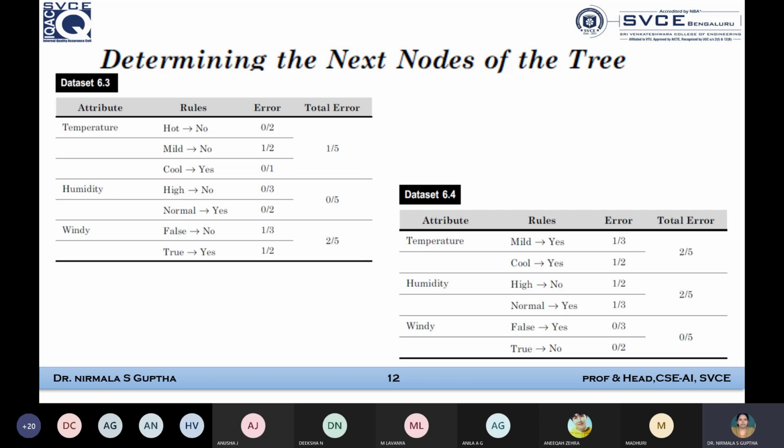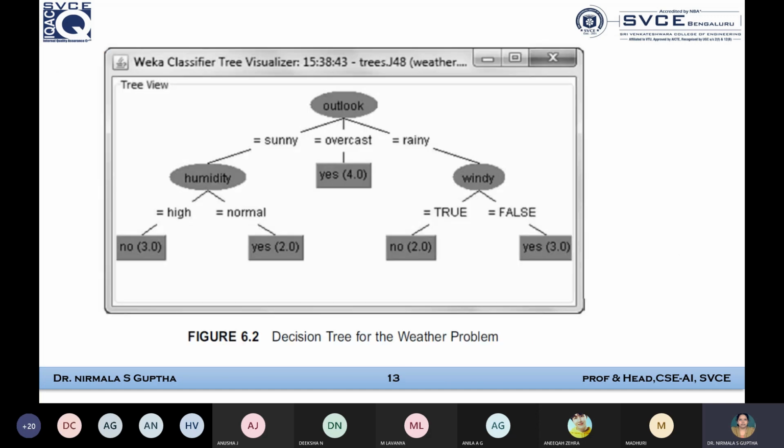So we are assuming that we are sitting and working in the Weka tool. Weka is one of the open source data mining platforms. We have seen this in the previous concepts. And we are using the Weka tool and trying to construct the model or the decision tree for this kind of data set. This is the model that gives the complete knowledge of the past data of decisions, and the look and feel of the tree is something like this. So this is the tree. This is being generated and the snapshot has been captured in Weka.